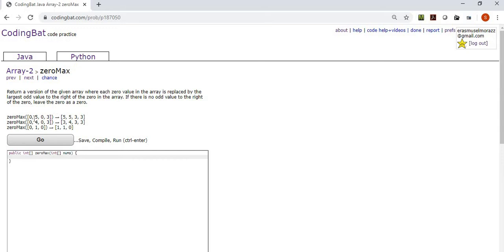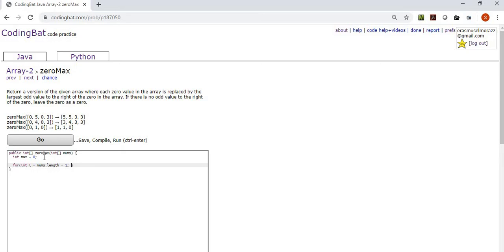It might require a loop within a loop. It might be better to read from right to left and grab the biggest odd and then replace the 0 we find. Here, let me go ahead and start. So int max, and it's going to default to 0. Reading from right to the left, we're going to start I equal to nums length minus 1,